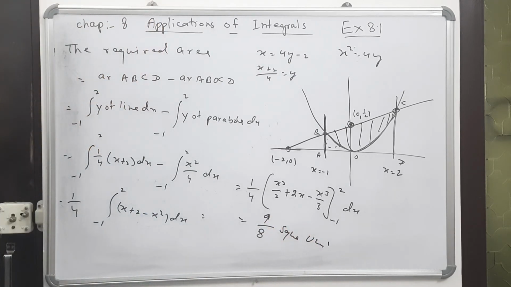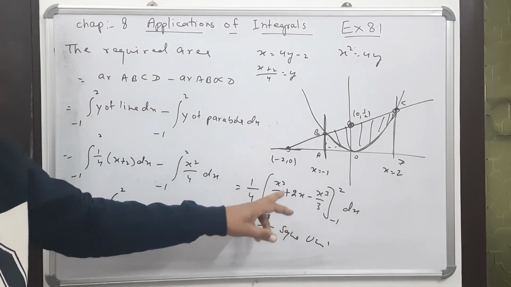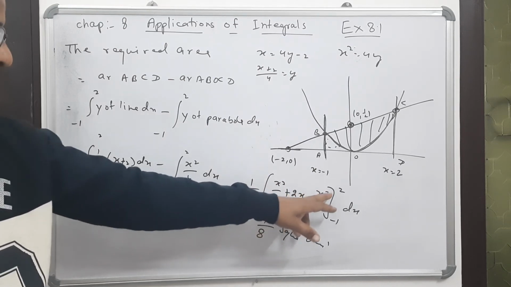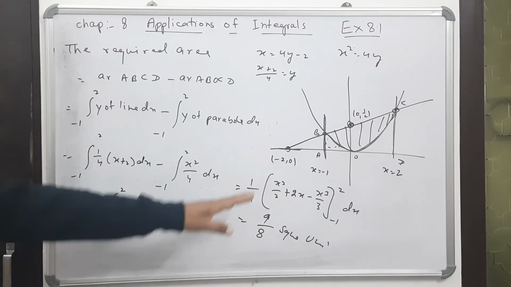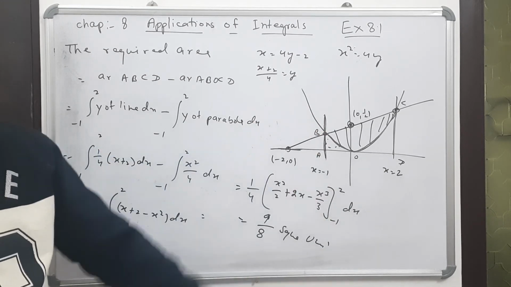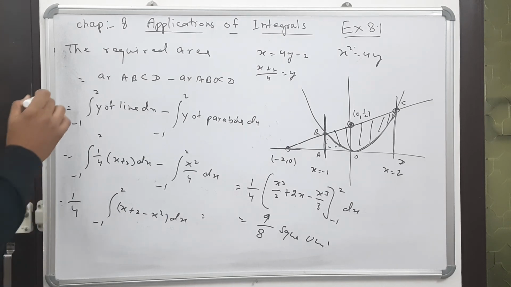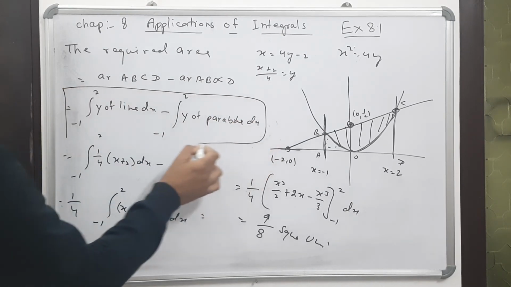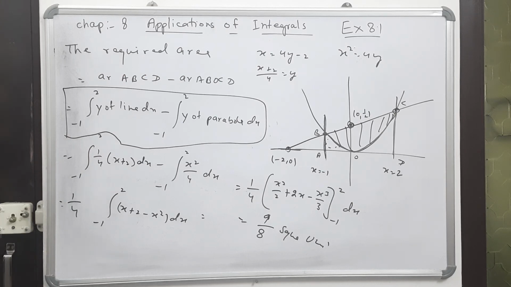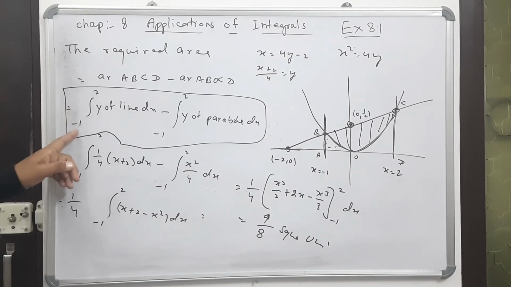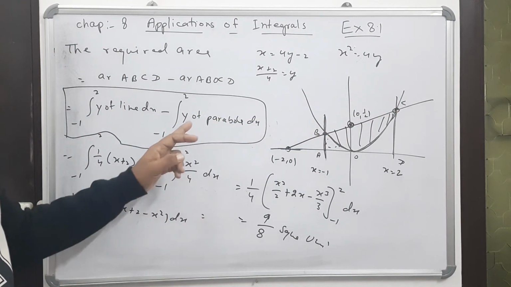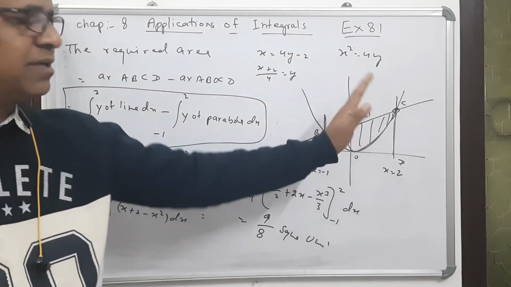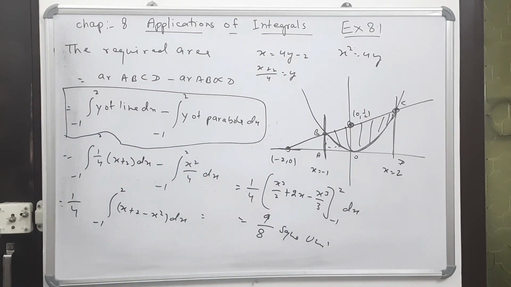That you all can manage. It is 2 square, 4 by 2, then 4, then 8 by 3, and you can simplify this part. We have done a lot of problems based on this. That is not a big issue. The main part was how to calculate the limits, and this line is very, very important: the upper limit and the lower limit, the upper curve, all these things. Now why is the line at the first place? Because the line is at the top. Why is the parabola at the second place? Because we have to subtract the remaining part.